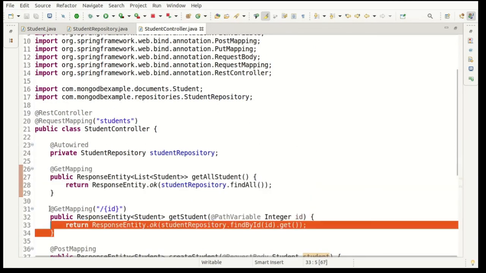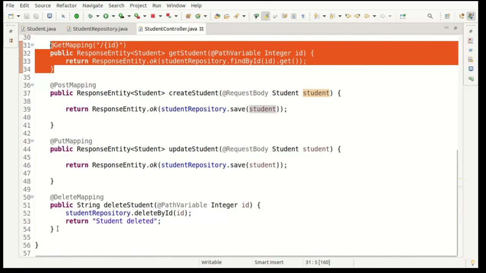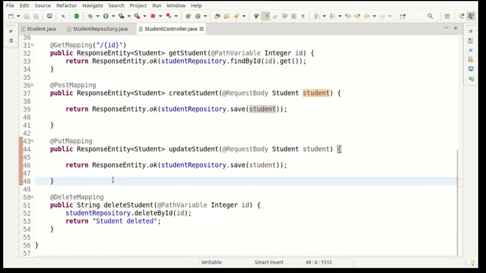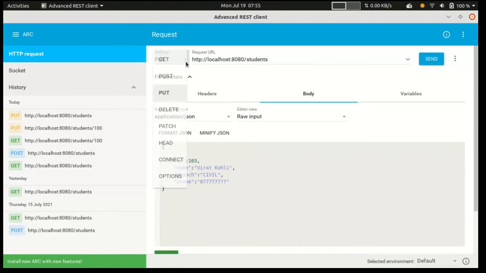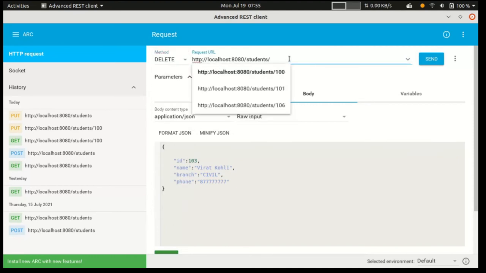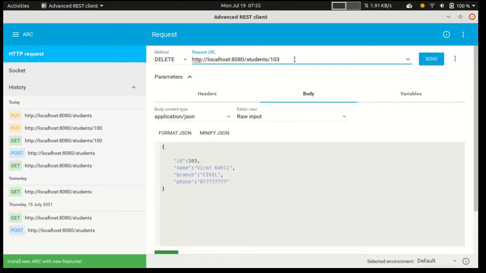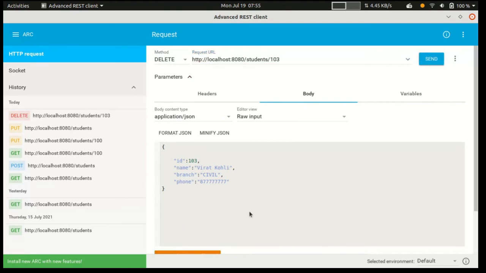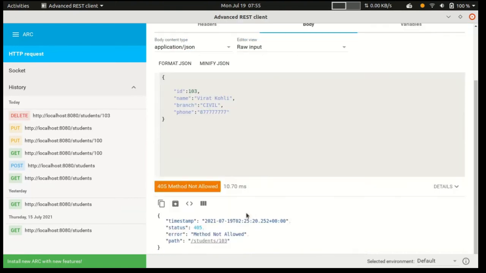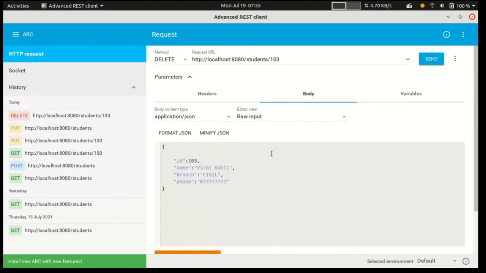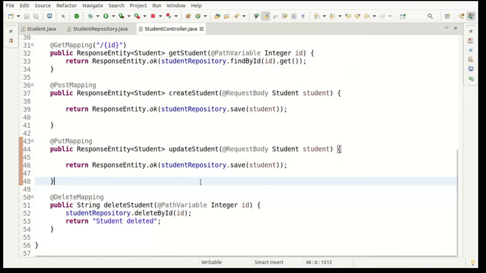and we are able to get a specific student. Now I want to call this function to delete a student. So just simply select the delete HTTP method and pass 103 and click here, and we are seeing 405 method is not allowed. There is a problem I missed here.